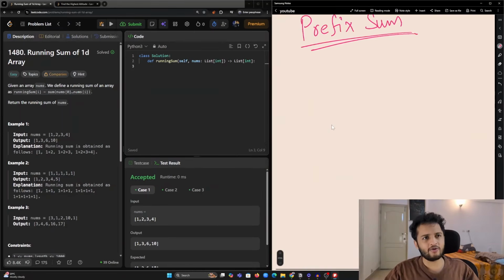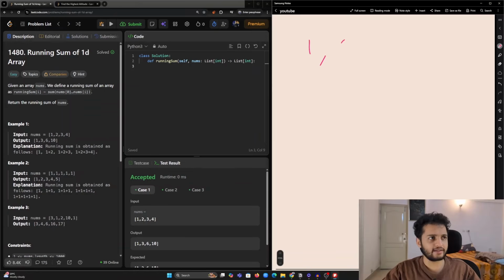Now let's think about how we can calculate this particular array. The first instinct that comes to our mind is, let's say we are standing at index i.